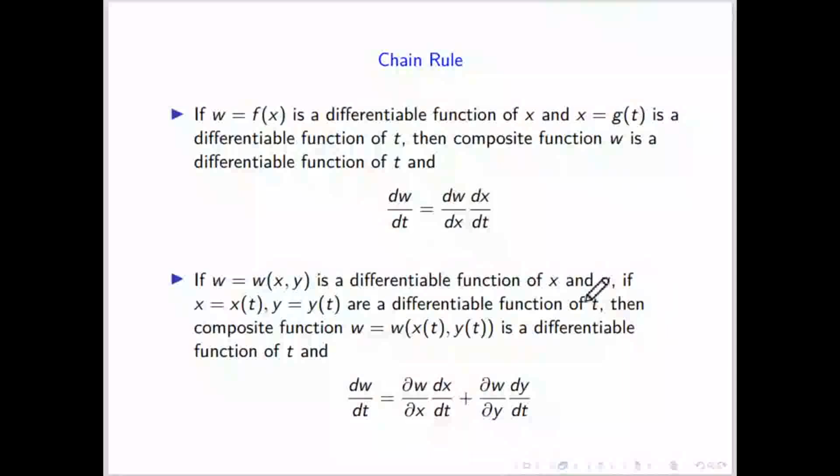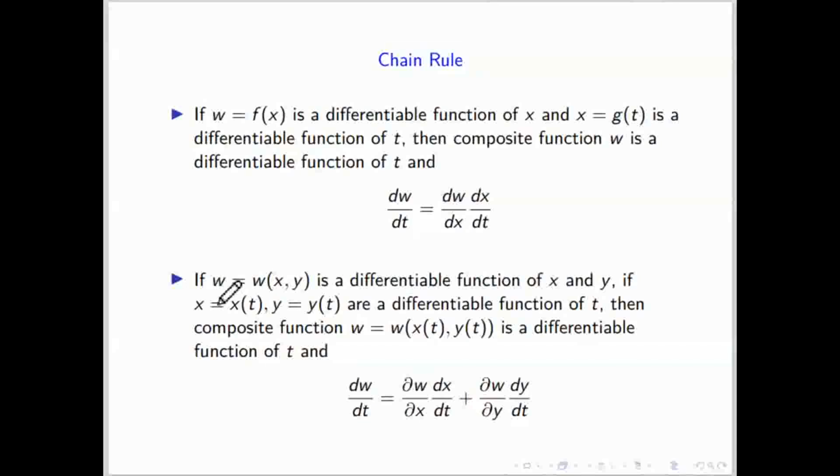That means the partial derivatives with respect to x and with respect to y exist. If x is a function of t and y is also a function of t, so w is a function of x, y, and x, y are the function of t, so w will be the function of t only. That means it will be the function of single variable, and that is t. Then question is, what is the differentiation of w? So to attempt such type of question, first you have to be very clear that w is a function of how many variables.